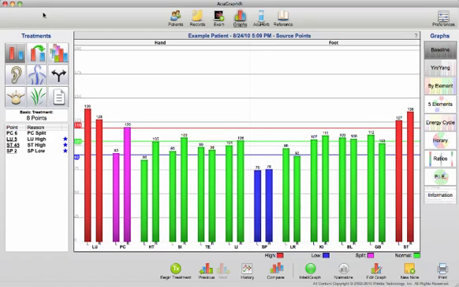Over here on the left side of the graphs window, we have the treatments area of AcuGraph. And here in this 3x3 grid, we have the 9 different treatment types that are built in. Starting with the basic treatment here in the top left, this basic treatment will address each one of the meridians